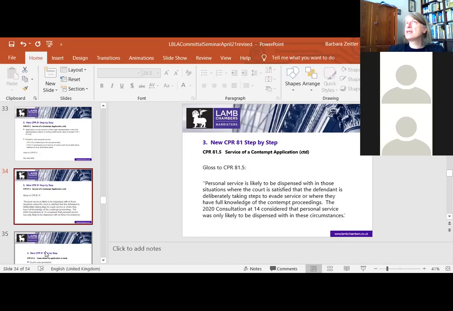And Elizabeth has already mentioned the 2020 consultation about reform of CPR 81, and it's quite clear from the quote that I've put up on the screen that this is likely to be a very limited exception. And I recall being at, I think it was last month, I was in Willesden County Court dealing with committal proceedings